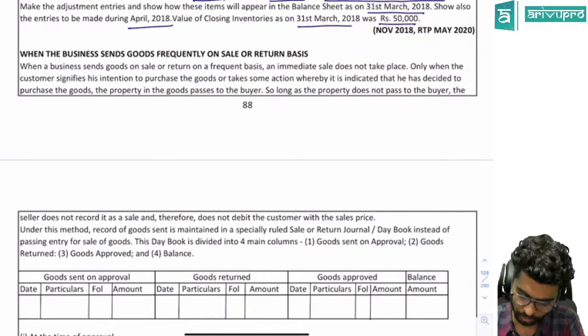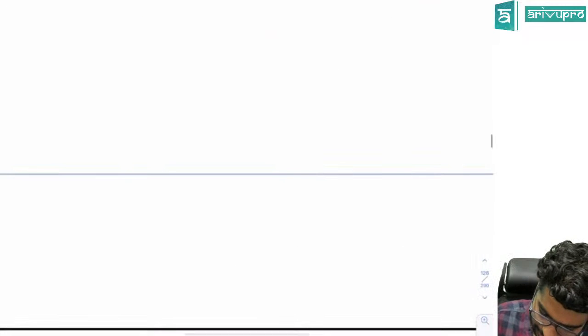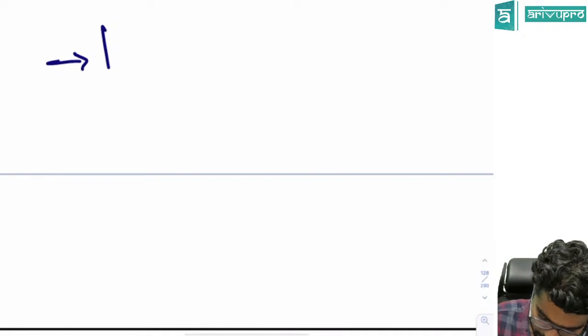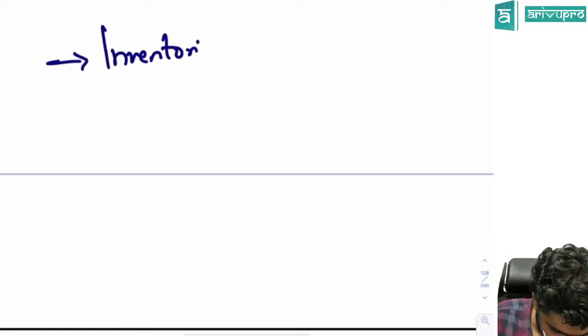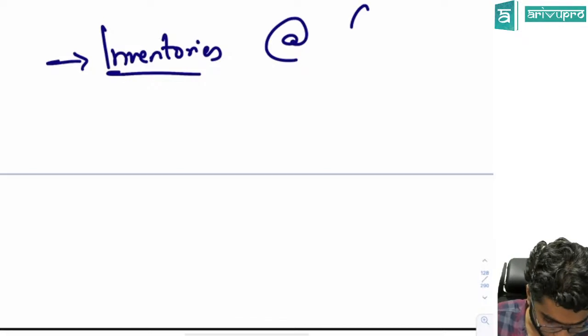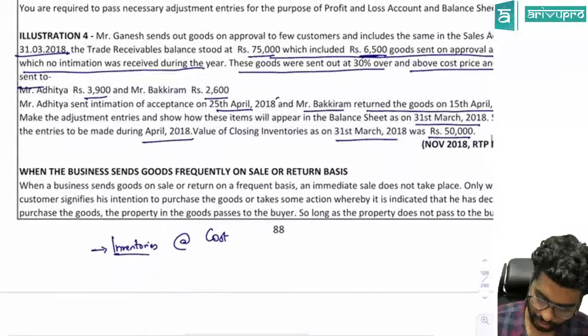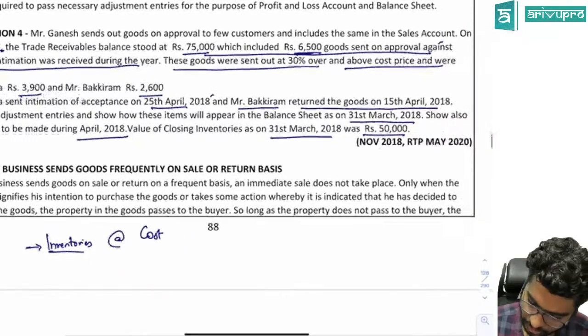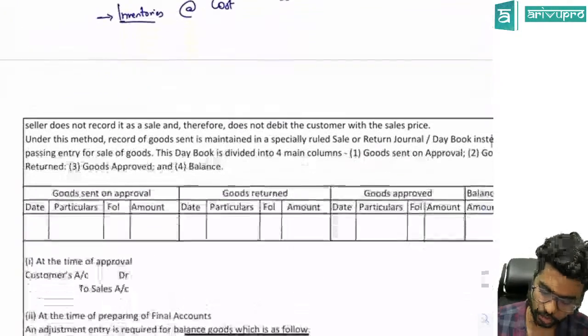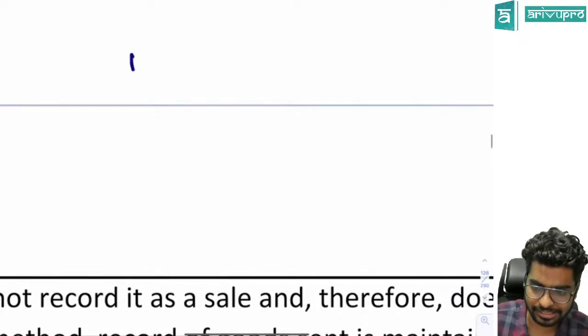Done. Now the second part is I have to add it to my inventories, but it should be at cost price. Now at what price are they giving? They are sent out at 30% over and above the cost. So if the cost price is 100,